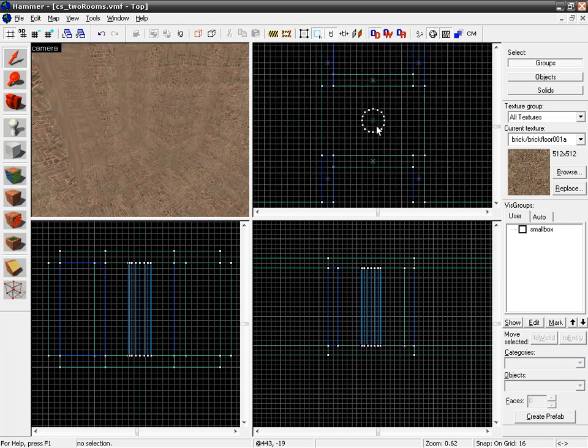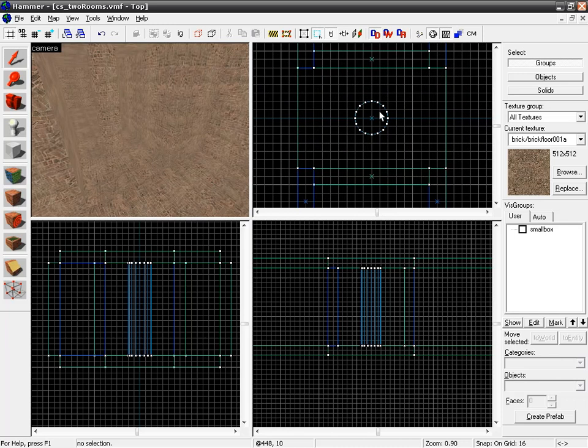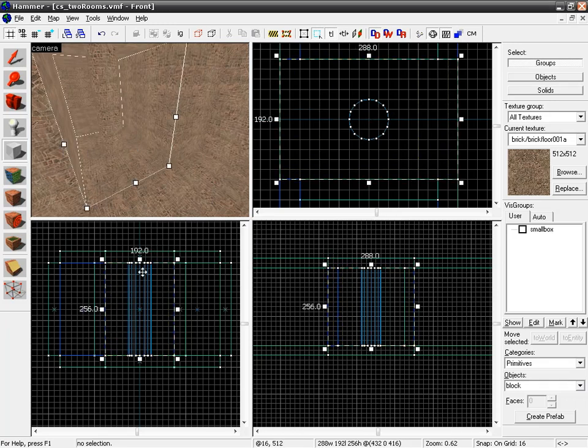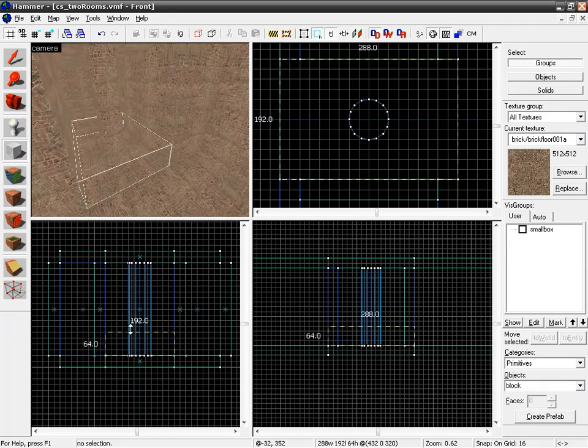So we'll zoom in to our hallway once more, spacebar to pan around, center up, go to our block tool, and change back from the cylinder where we were working to the block. Now we'll draw our floor, and we'll shrink that down to something we can actually walk over. Now if you remember, 18 units is the maximum your character can walk up. We don't want 32 or we'll have to jump or we'll just run right into it. So let's go down to 16,